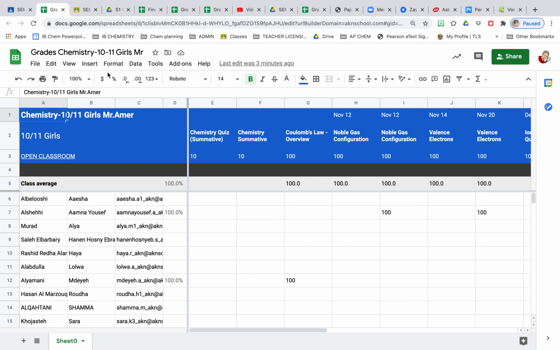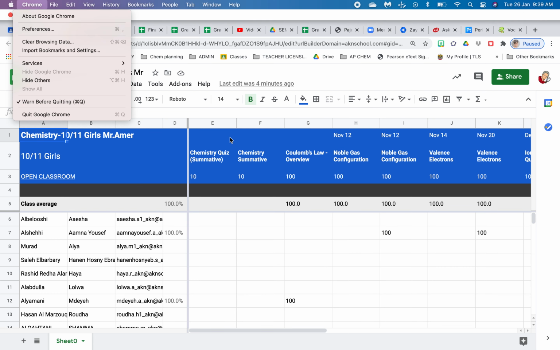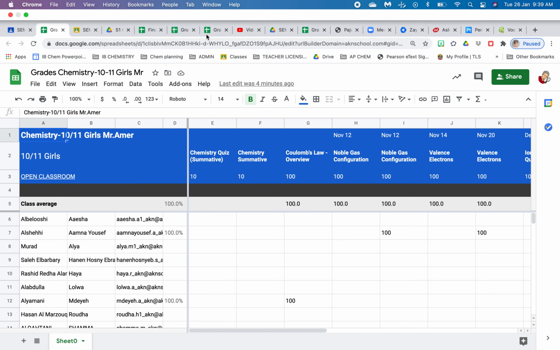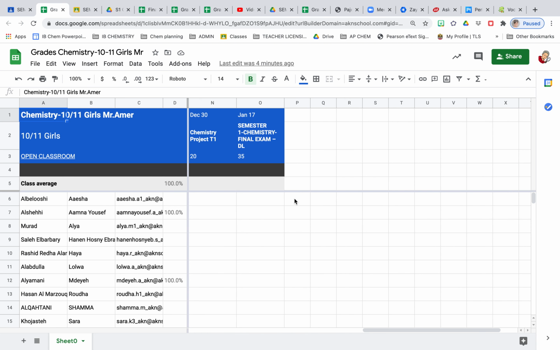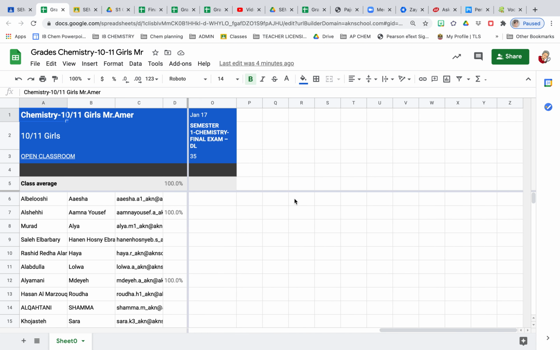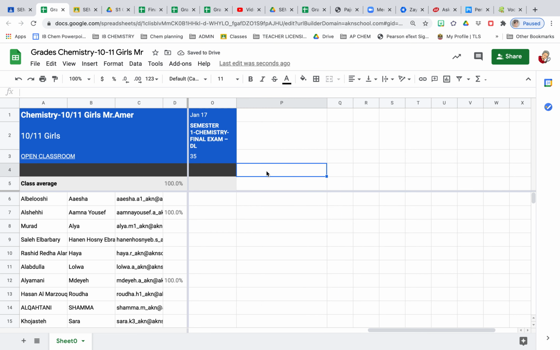Talking about the report card comments. So once you've downloaded a Google Sheet, it's important for you now to prepare your Google Sheet for report card comments. So I can create a column at the end of this on my Google Sheet called comments